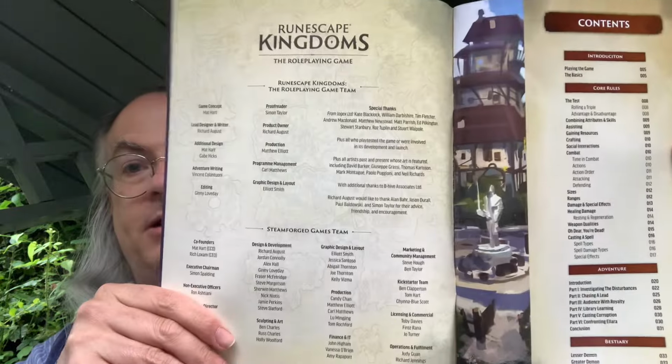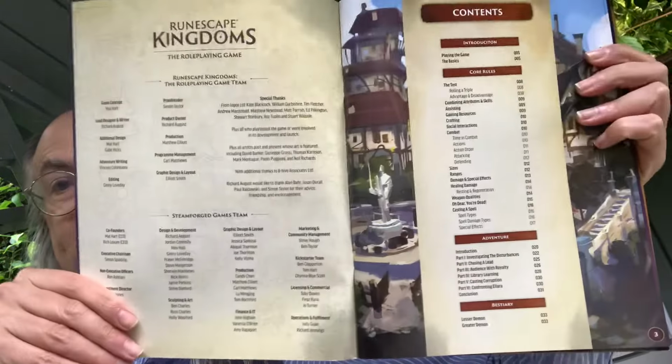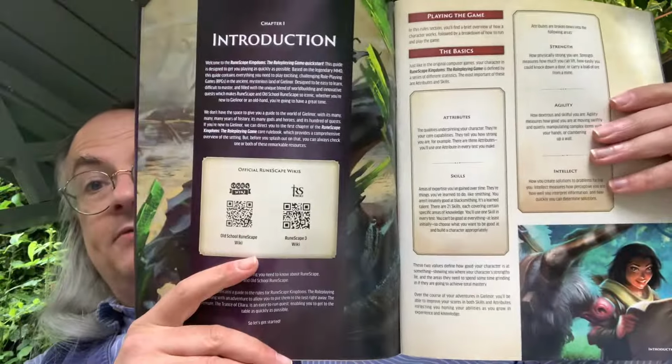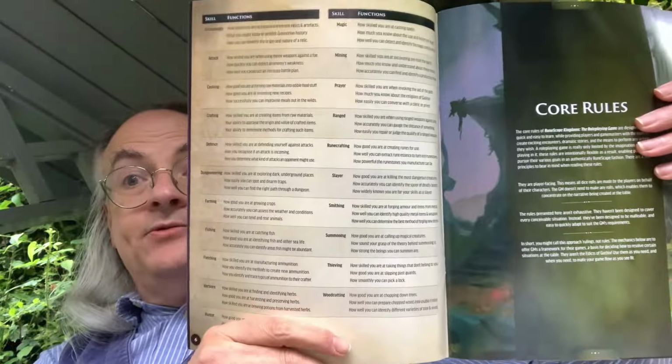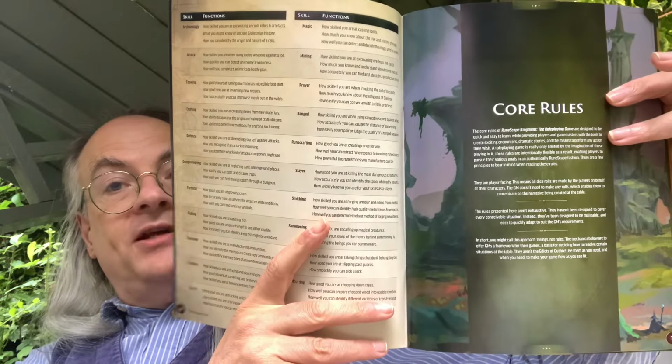So behind this rather cover, we have the credits page. We've got the contents page there. Then we have the introduction, and the QR cards for the downloads. Before we go on to explaining what the basics of the rules are, so you've got attributes and skills. You've got attributes listed there, which are strength, agility, and intellect, and then a full list of skills. Before we move on to the core rules,